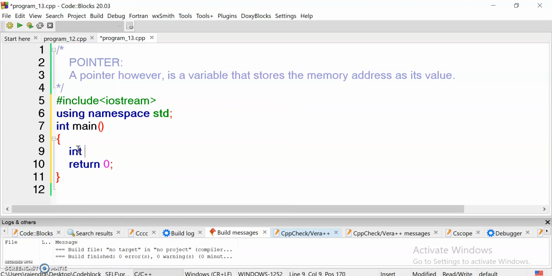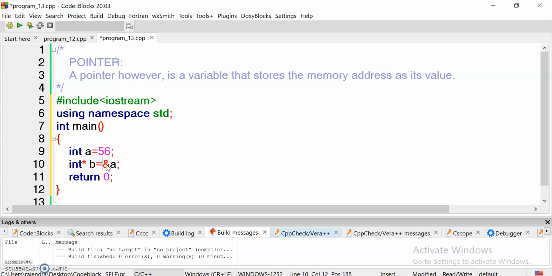Like I take a variable int a having a value 56. Okay, and I make another variable that is integer type but is a pointer, with the variable name b, and it stores the address, denoted by this ampersand. So this pointer b stores the address of a.